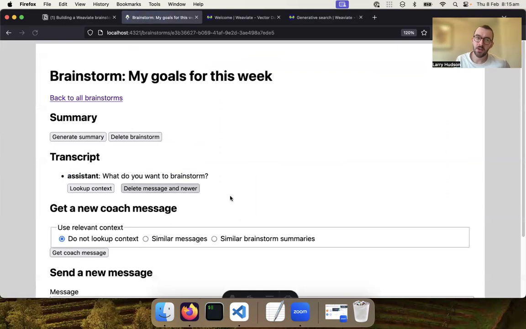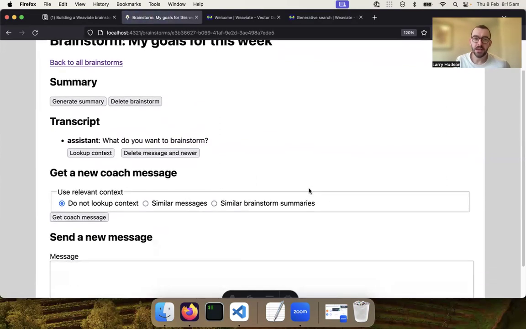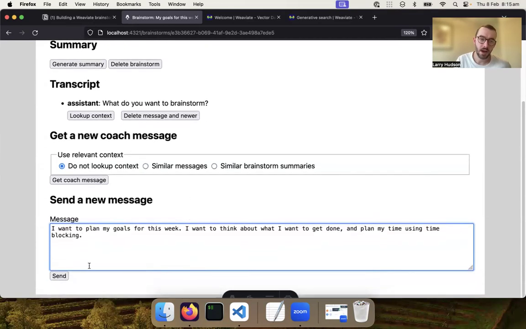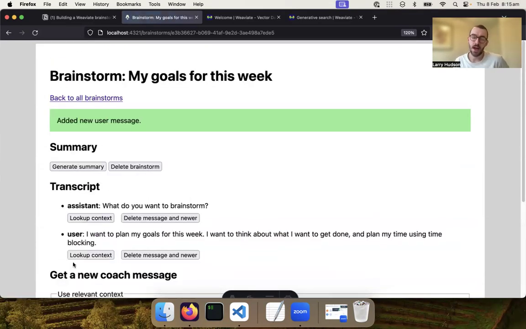I can create a new brainstorm, and I can say that I want to plan my goals for this week. I want to think about what I want to get done and plan my time using time blocking. So if I send that,